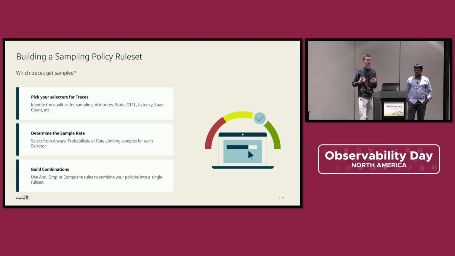Probabilistic lets you grab a percentage of a certain trace group. Rate limiting allows you to say, I want this many traces per second of this type. And once you have these two rule sets, use combinations like ands and drops, or even a layered composite to pick which slices of which trace groups you want to capture. In this way, you can build rules that capture specific behaviors that you know are important to your application